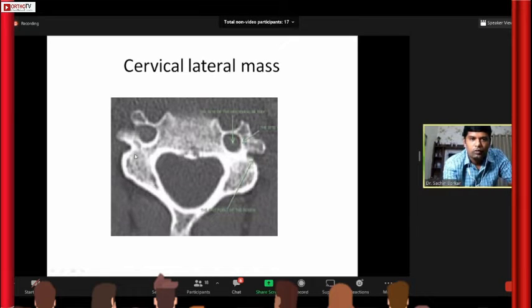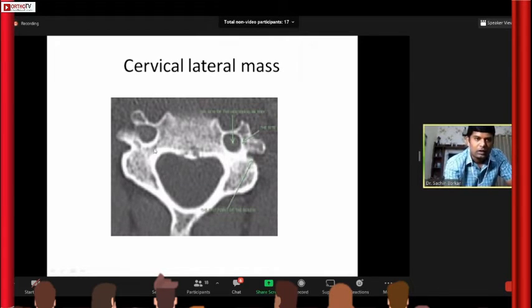This block of bone in the CT scan is the lateral mass, and this is the vertebral artery foramen transversarium. So that is why we direct our screw something like this, around 20 to 25 degree lateral trajectory, so that it doesn't injure the vertebral artery. So this is the intended position of our lateral mass screw, and this is the foramen